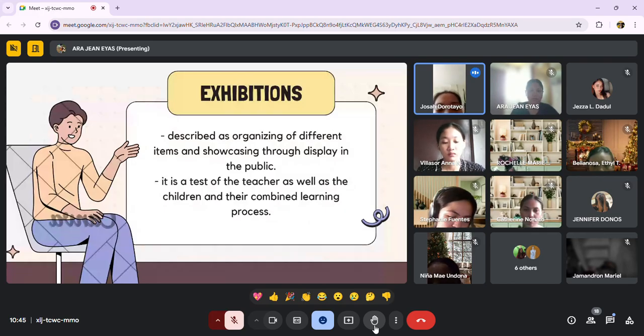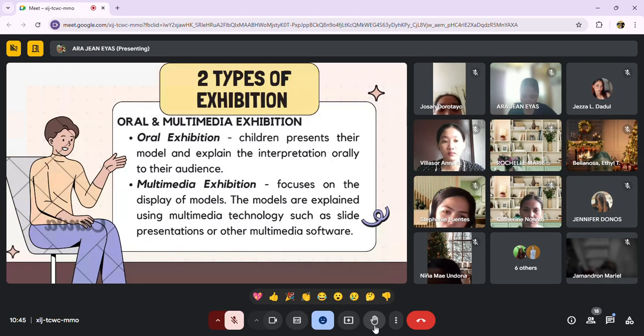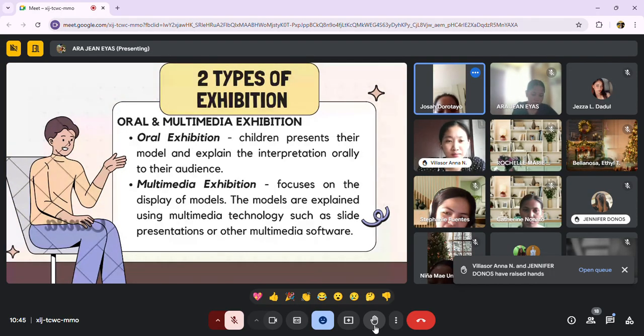Okay, so exhibition has two types. Can I have someone to read it? Okay, can you read, Miss Anna Villasor, the first bullet? Okay, oral exhibition.